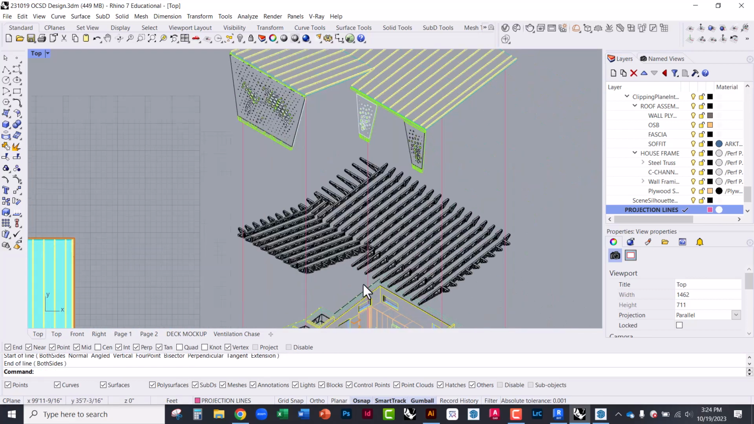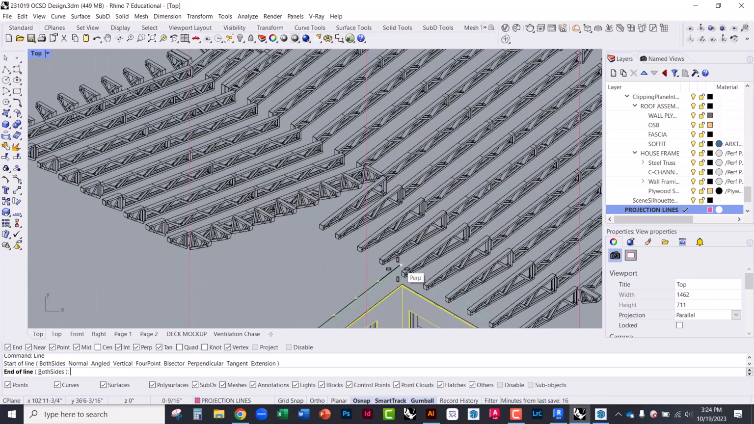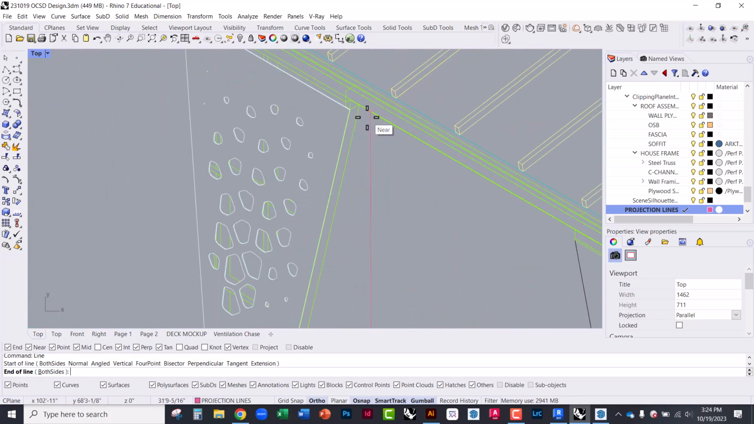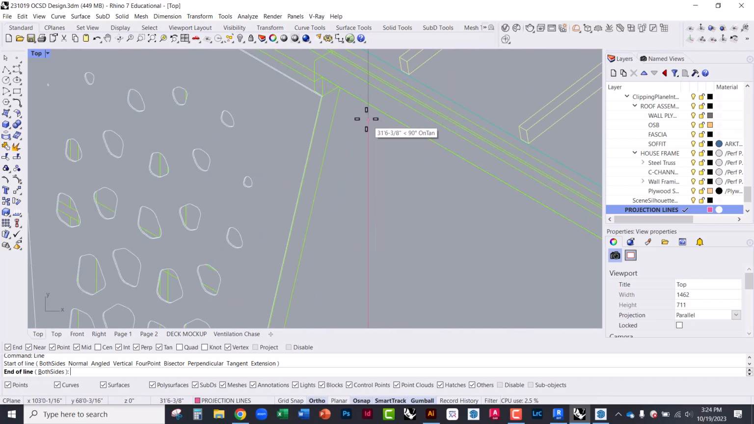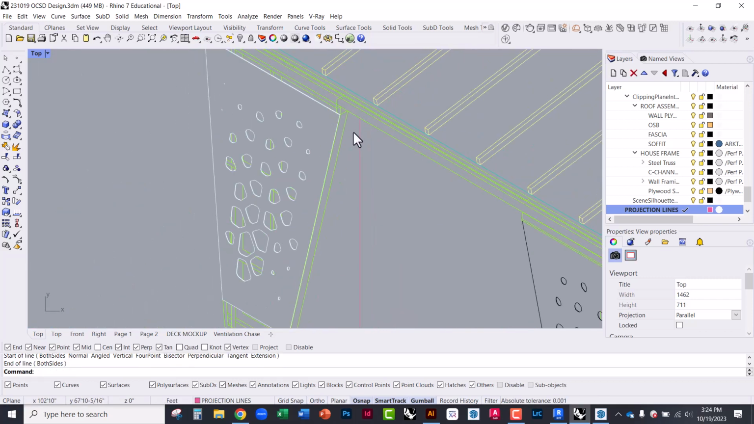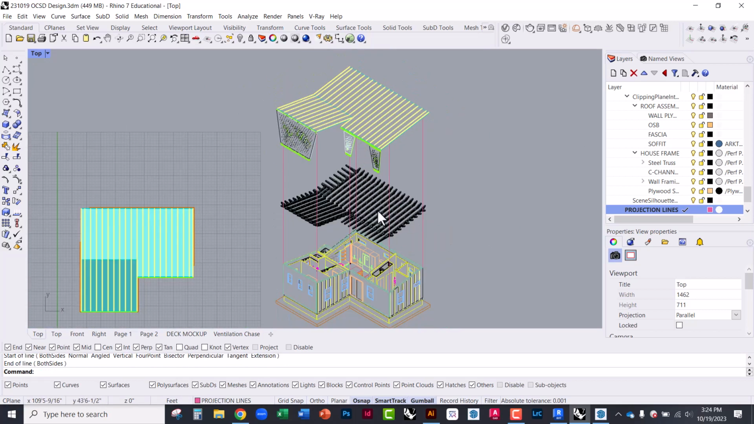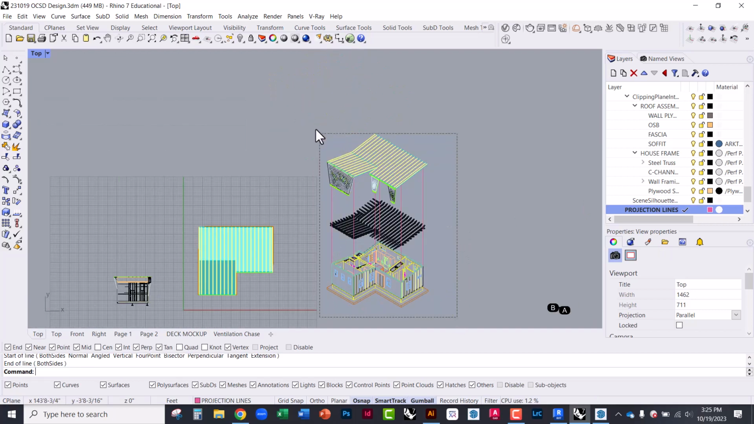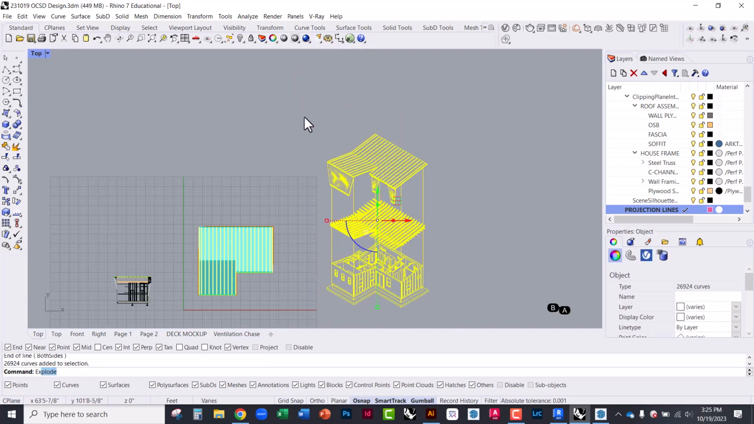Okay, so I have the front corners. I'm going to get the back corner too. Okay. All right, so I have projection lines, I have the line work that I need, and everything's on its own layer. So now when I select this, type export